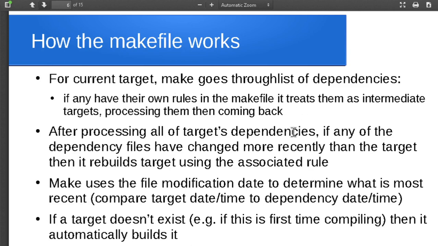All right, and again, this is essentially what I described in the example there. The way the makefile works is it goes through the list of dependencies for your target. So it looks through for the target, for instance, my progx. If any of the things on its dependency line, so for instance the .o files, if any of those have their own rules in the makefile, then it treats them as intermediate targets, goes off, sees if they need to be rebuilt, takes care of that if they do, and eventually comes back and continues on with our list of